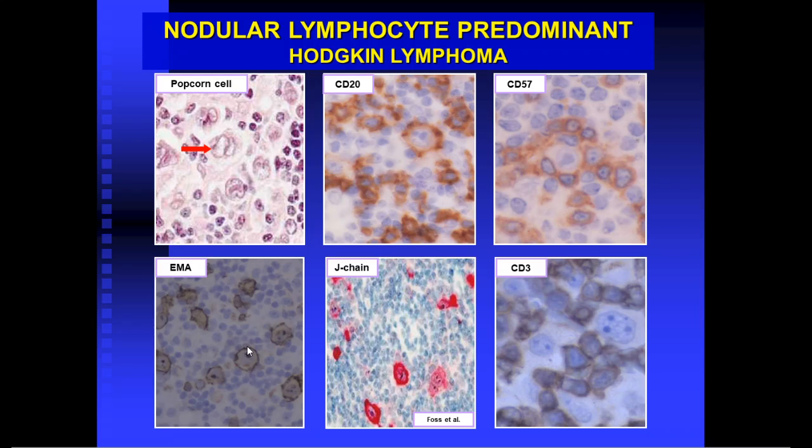Also, marker AMR is positive, as you see here. And CD3, this is a marker for T lymphocytes. So, as you see, T lymphocytes surround the tumor cells. You see here, they just make a circle around these tumor cells. So, again, this is a diagnostic feature for Hodgkin lymphoma, when T lymphocytes try to cope with